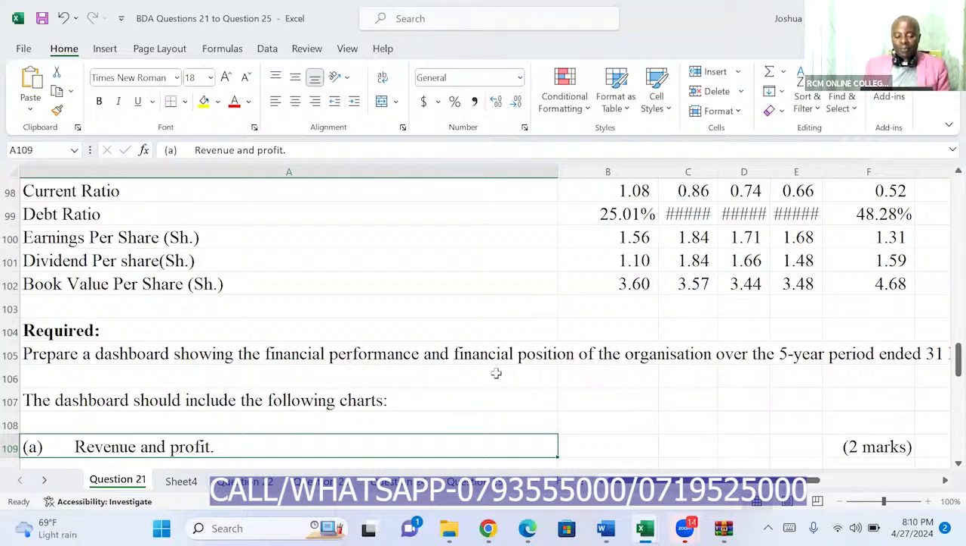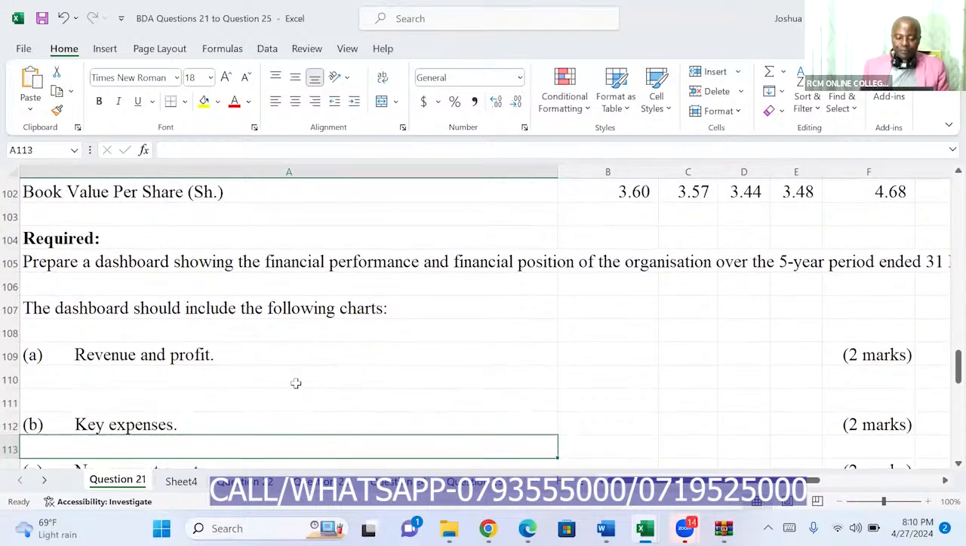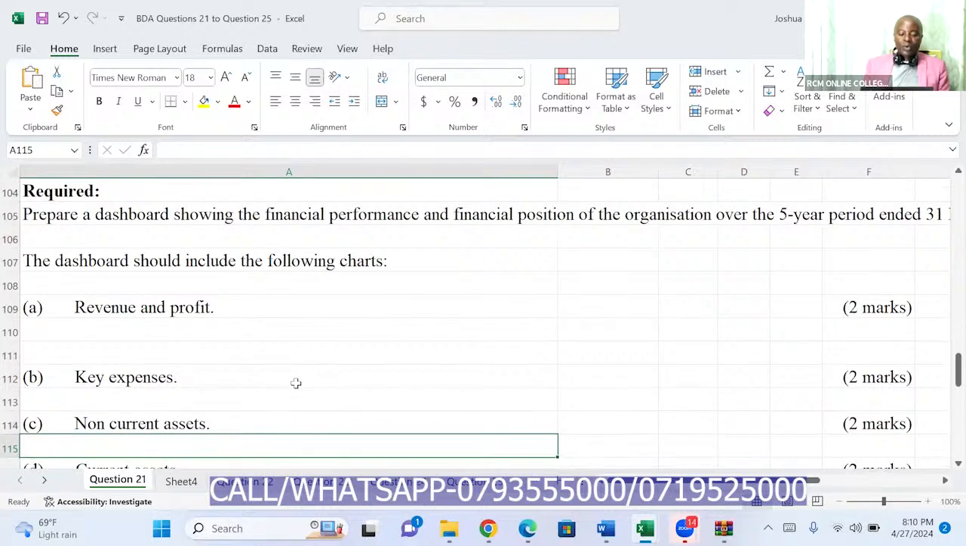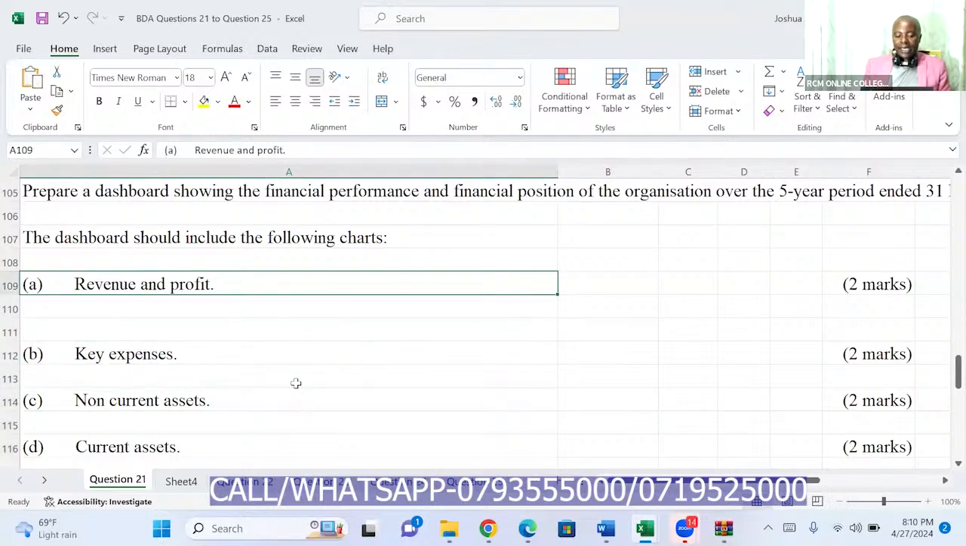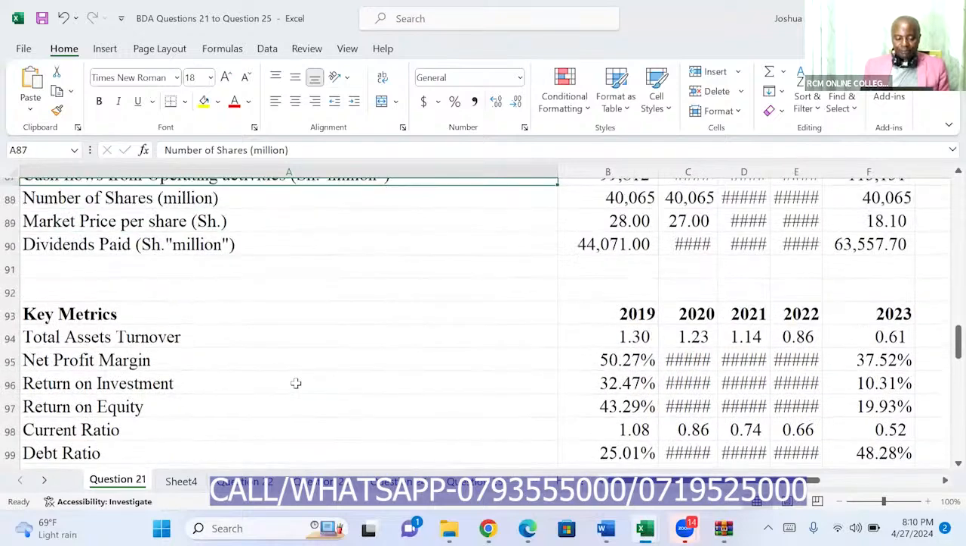They want me to prepare a dashboard showing the financial performance and the financial position of the organization over a 5-year period. They want us to give them revenue and profit first. We have key expenses, non-current assets, etc. So I will do revenue and profit first. If I'm the one doing this, the very first thing that I will do in an exam